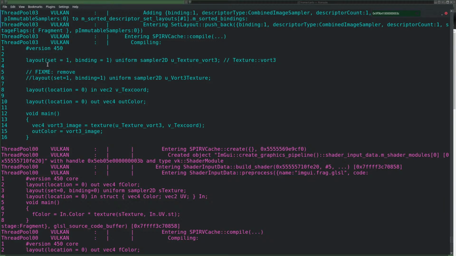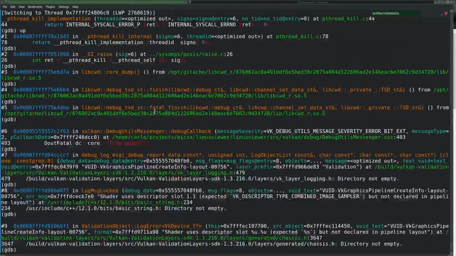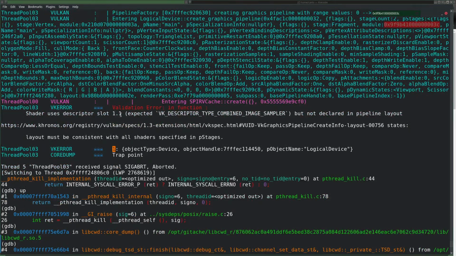Yeah, so the 1.1 comes from the fact that we have this in the shader, but the returned pipeline layout uses 0, 1. There is no 1, 1. Yes.